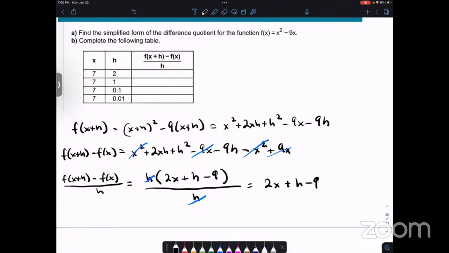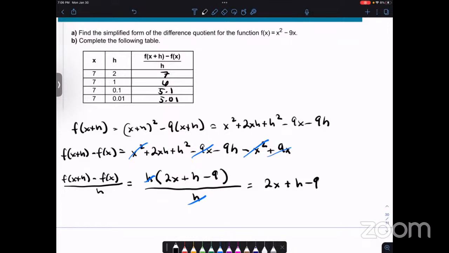So then from there, I think we can just plug them in, right? Because if x is 7 and h is 2, or okay, the 7 is consistent. You can even make a table real quick, but that's going to be 14 minus 9, which is what, 5? So then it's 5 plus 2. 5 plus 2 is what? 7, 6, 5.1, 5.01. All right, so notice that as that h is getting smaller and smaller, this slope is getting closer and closer to 5, right? If you think in terms of limits.